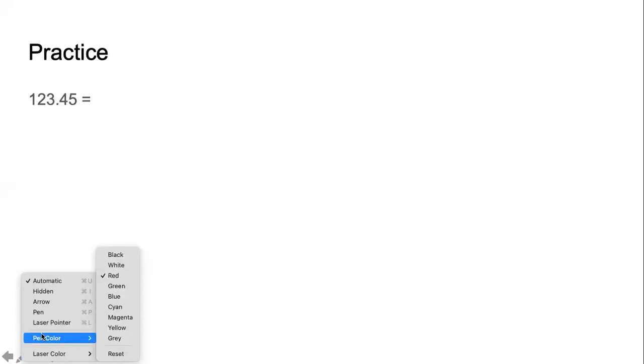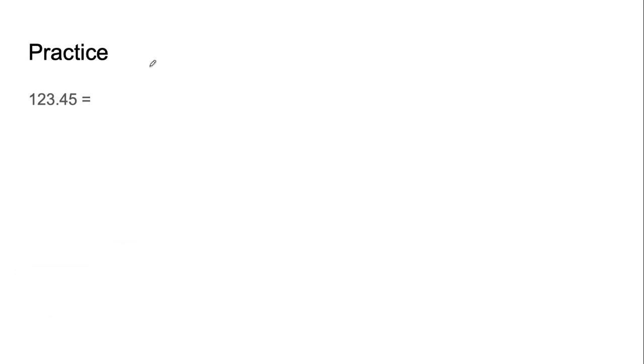Now let us try to write how or why 123.45 is 123.45. Use the same method that you saw in the example on the previous screen, which was 321.123456. Try to expand this and tell me what all things will we add to get 123.45. At least some of you will get the answer correct. Write it in your notebook and then type it in the chat box.